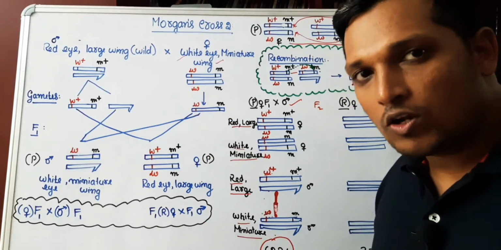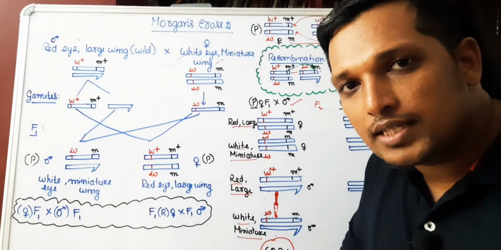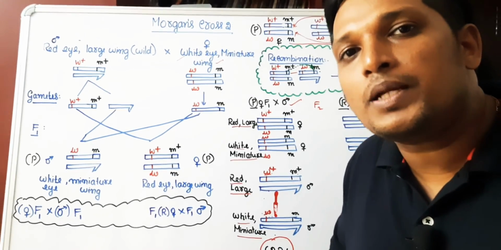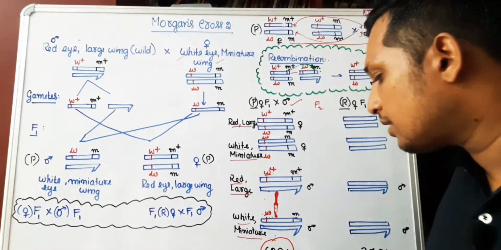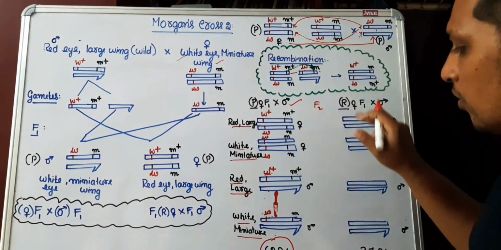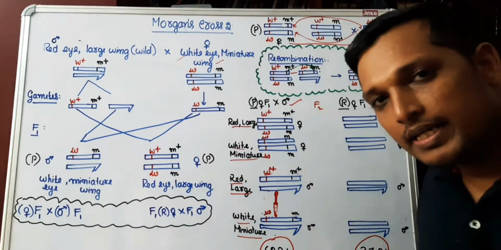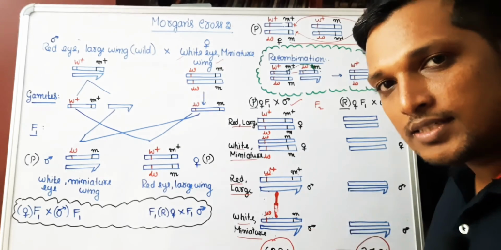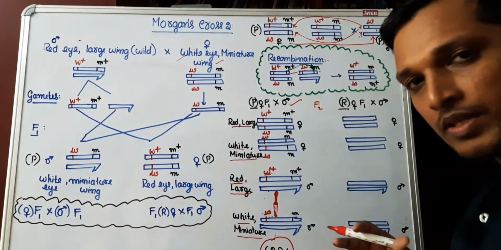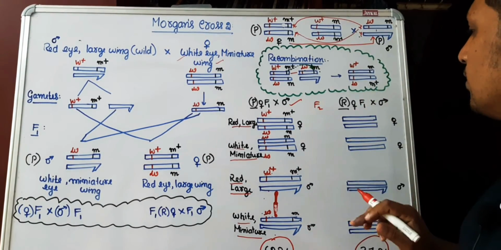Whereas in this case, cross 2, eye color and wing size are slightly far from each other, so they are loosely linked. If they are loosely linked, possibility of separation is more, less parental types are formed. That is the reason. Since they get separated, more recombinants are formed here, 37.2%. In previous cross it is just about 1.3%, something 1.7%, around that, because genes were tightly linked. Now genes are loosely linked. Let us check the combination.